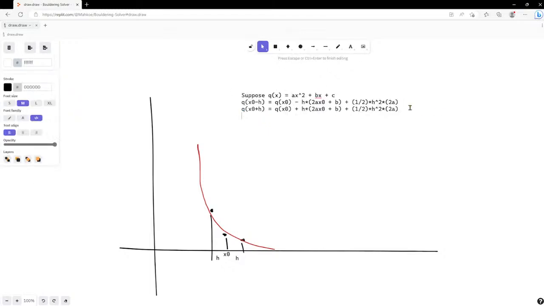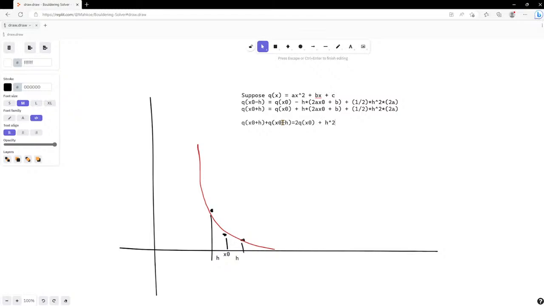So if I add up these two equations, then I get q of x naught plus h plus q of x naught minus h equals 2 q of x naught, which we know, plus